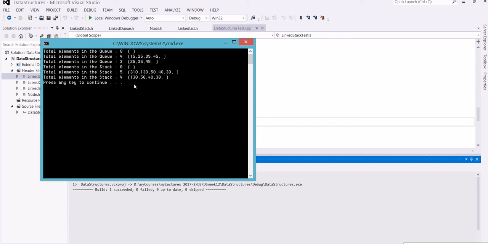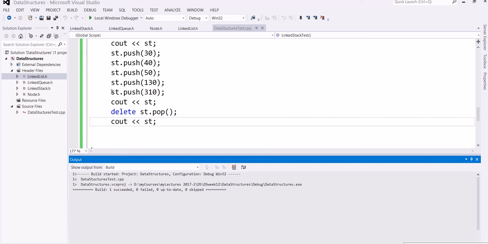So you can try. Please make these implementations by yourself, and in the next step we will make the template classes of all these classes. So far we have node class, linked stack, linked queue, and linked list. So then we will have some